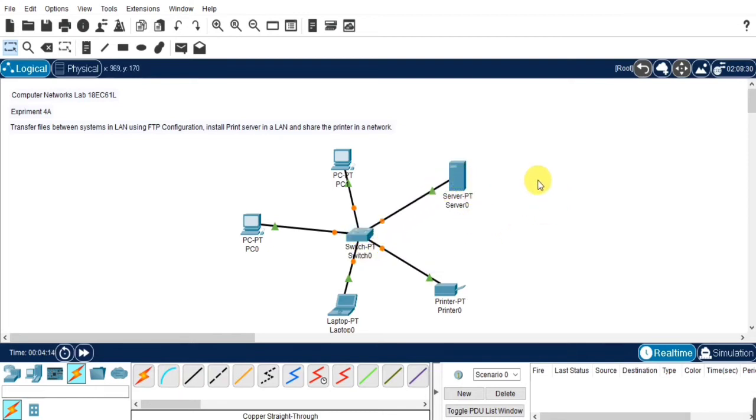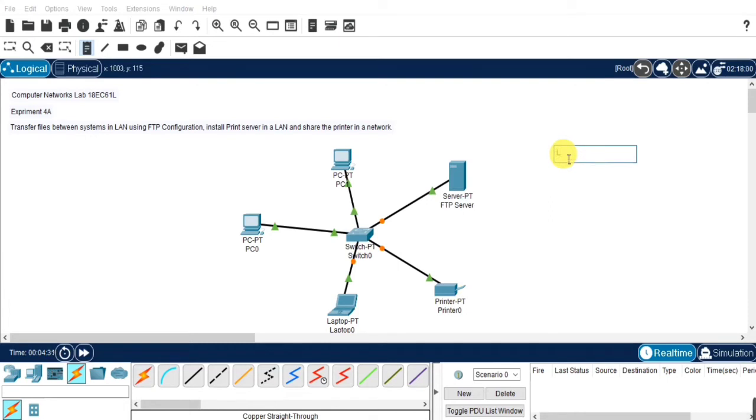After you have connected all the devices with the switch, we need to set the IP address for all the devices, as well as for the server and the printer.